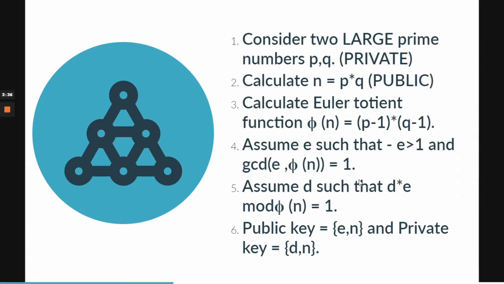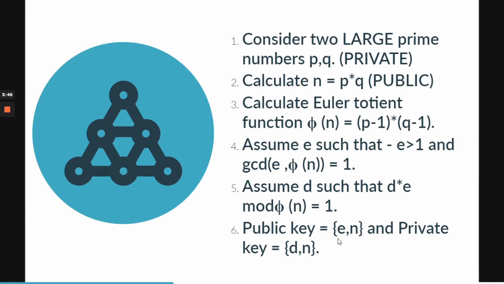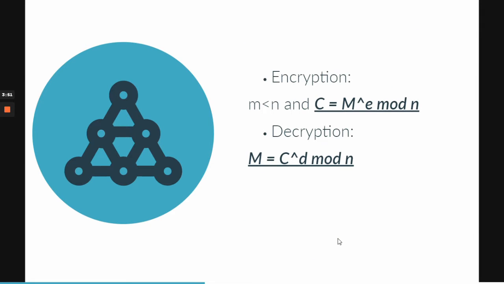After we find E and D, we'll next denote them. So how do we do that? The encryption key is the public key and the decryption key is the private key. After finding these keys, we'll calculate the encrypted text. M is the plain text, which will be given directly in the question, and the condition is that M should always be less than the product of the prime numbers, which is n. To find the encrypted text, C is equal to M to the power E mod n. This is the formula to calculate the encrypted data.